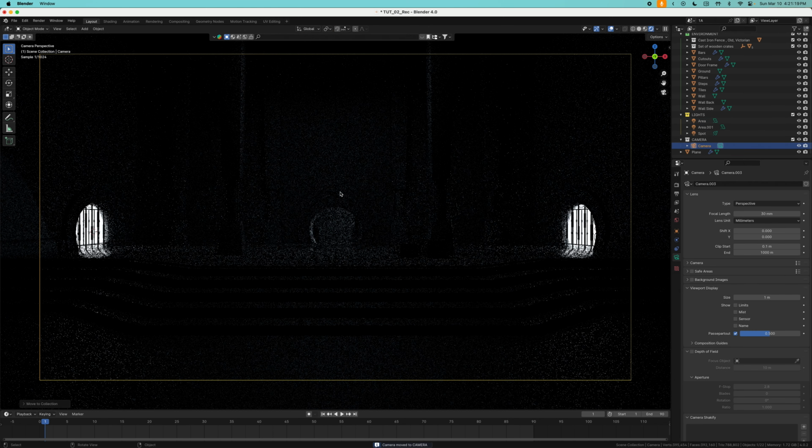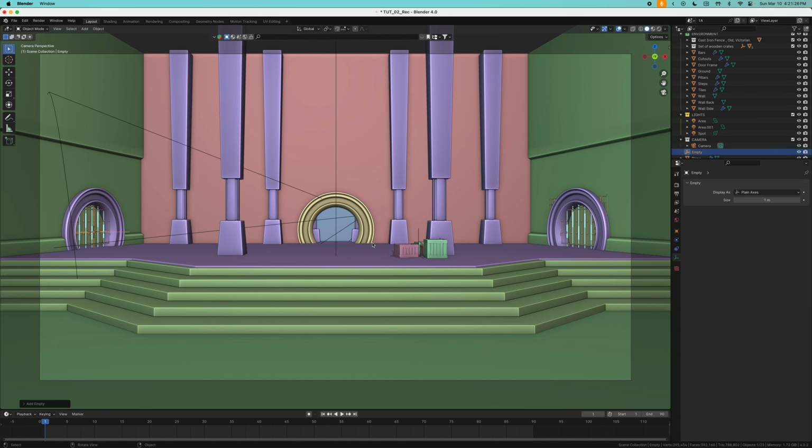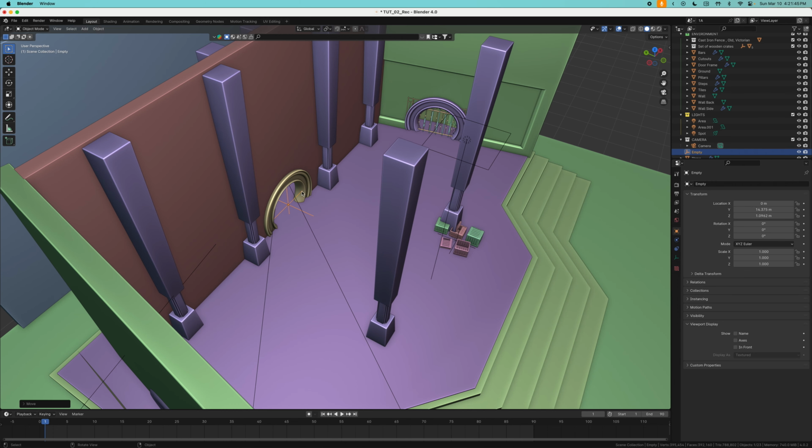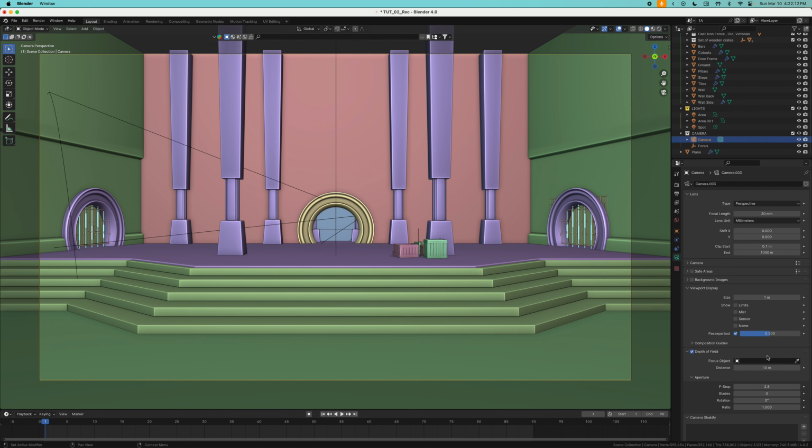We need a focal point for the camera, so Shift A and select an empty plane axis. Let's go into the solid view, GX, move it into the center and move it back. So this is where the camera is going to focus. Let's rename it by hitting F2 and writing something like focus. M and select the camera. Let's go into our camera and select depth of field and select this focus object as our focus point.